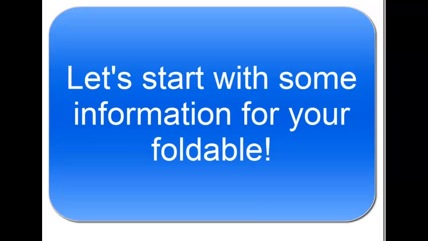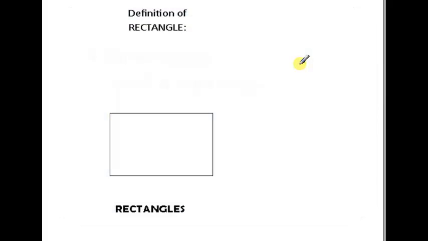We are starting this lesson in your foldable. You'll want to make sure you have it and find the tab related to rectangles. The cover here, definition of rectangles. Let's get it started. First and most important probably is to realize right off the bat that a rectangle is